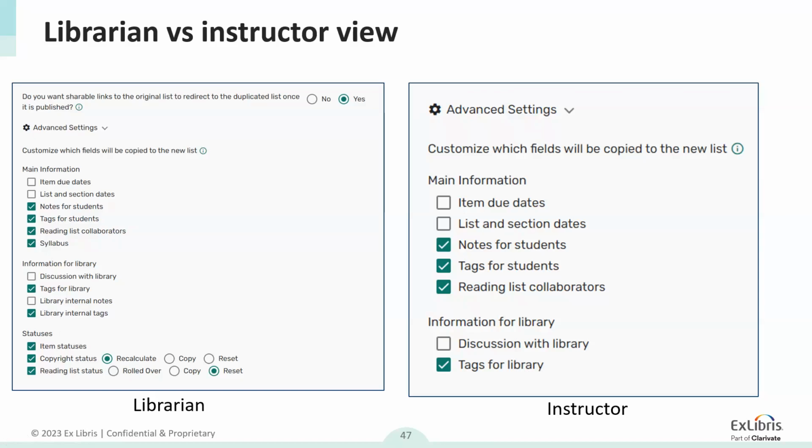I see a very nice comment in the chat: excited about the shareable link option. It was never easy trying to explain to librarians or instructors why they had to use LTI links and couldn't use shareable links when the course was limited to course students only. Oh, actually, this has not changed. So I'll say, the shareable link option, it was never easy. Yeah, so we don't have,